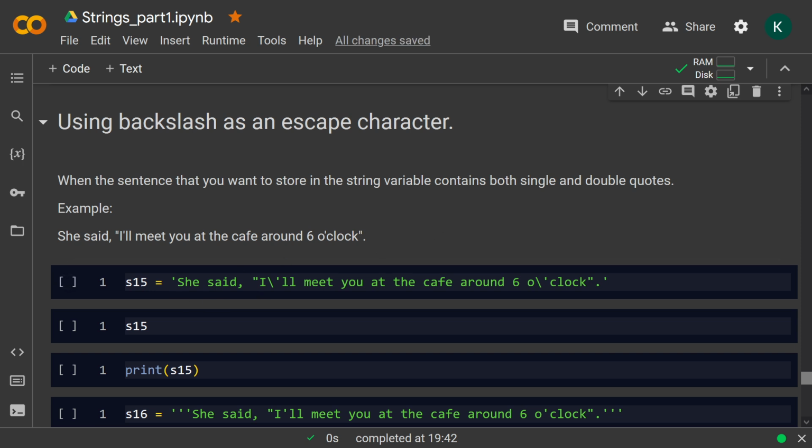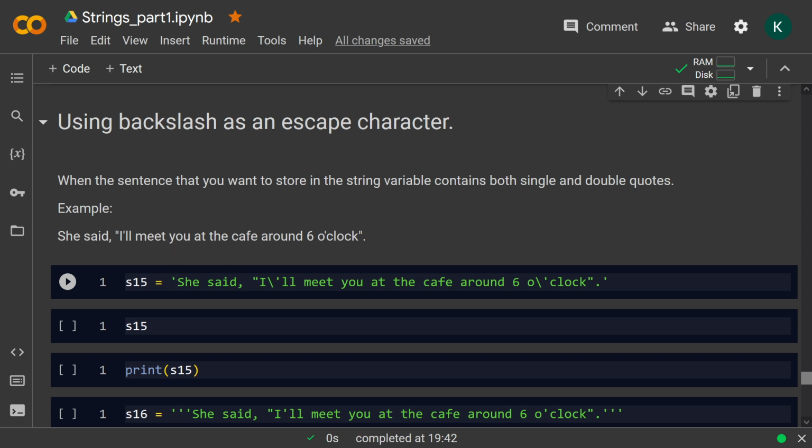So if my sentence is: She said, "I'll meet you at the cafe around 6 o'clock." So now this apostrophe is a single quote, and this o'clock apostrophe is another single quote, and it ends with a double quote. So now